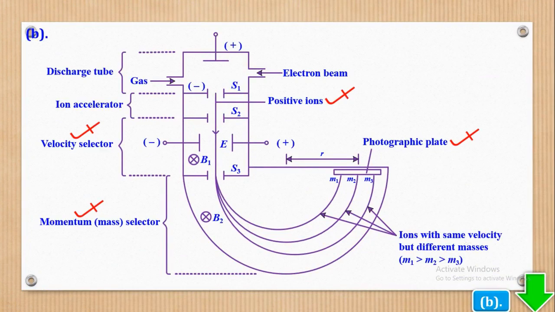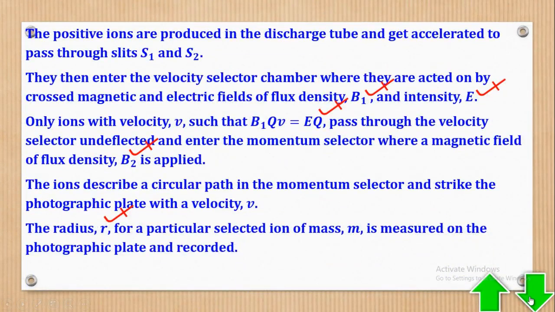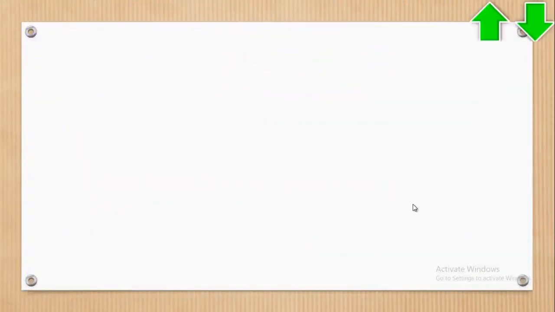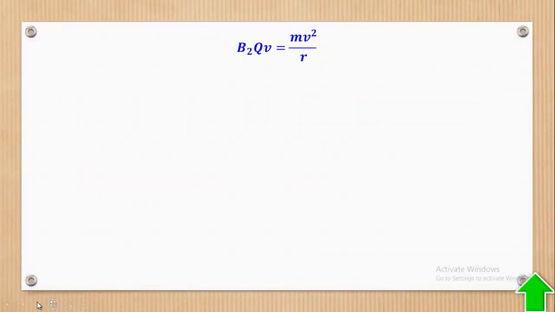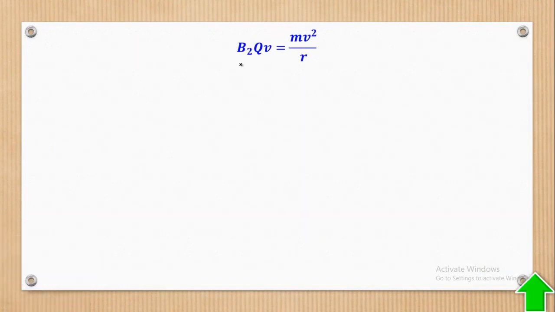Okay, so now we can go and complete our experiment. So we shall come and say that here we need some calculations. So magnetic force provides the necessary centripetal force for circular motion to occur. So when I make Q over m the subject, remember they want charge to mass ratio. So bring this m this side and these others go this side to come up with Q over m equal